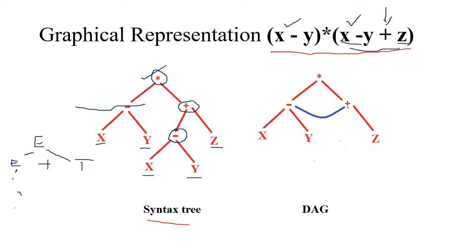So up to here, this x minus y portion we have completed. Now for the star, for the plus operator, we again require x minus y. That is already in this parse syntax tree, so we are connecting to that node. That means from this plus, we are connecting an arc to this minus. That is a DAG. In the coming examples, you may get this clearer.